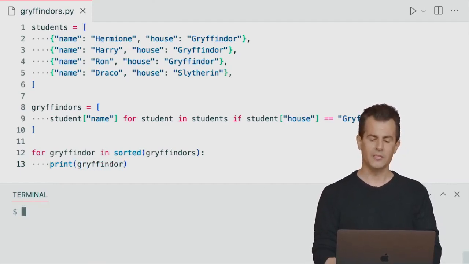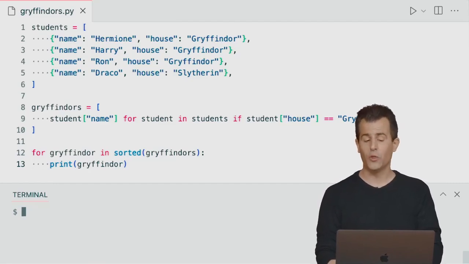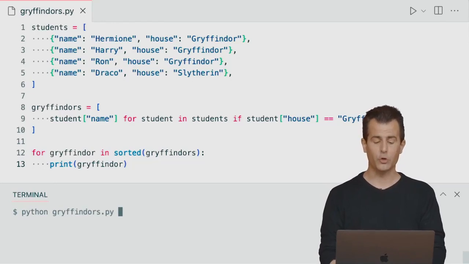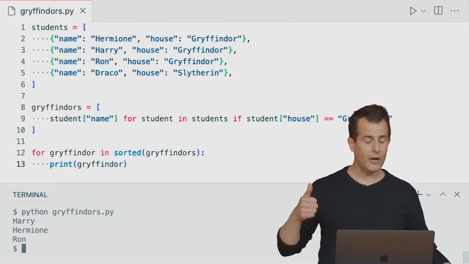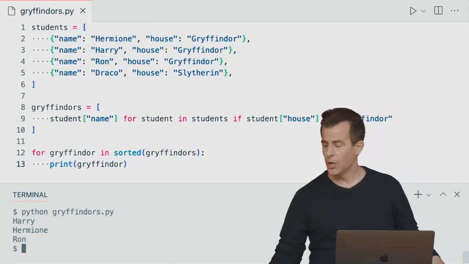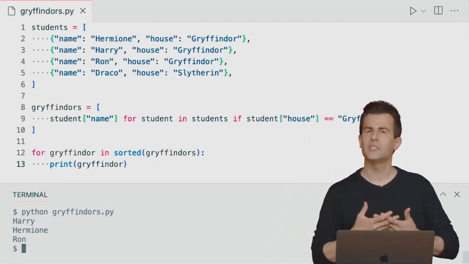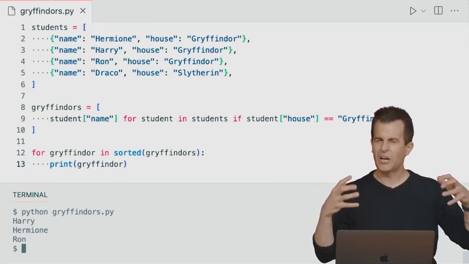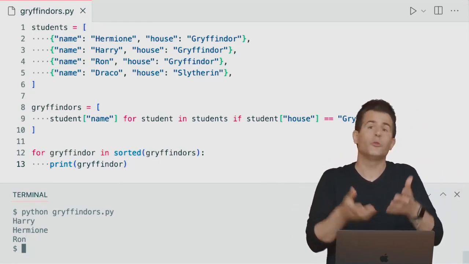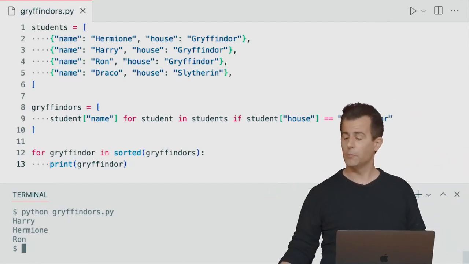So now notice, if familiar with the books and the movies, you'll know that only 3 of these 4 students are actually in Gryffindor. And if I run python of gryffindor.py, there we see Harry, Hermione, and Ron, but now in sorted order as well. So that's just one way we can solve this same problem using not just a list comprehension, but a list comprehension that has this conditional therein. But there's yet other ways to solve this same problem too,